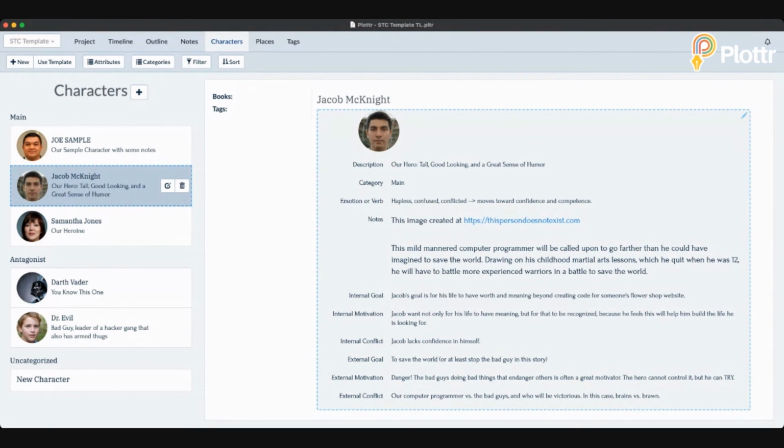For instance, we're going to move Jacob from hapless, confused, and conflicted towards confidence and competence by the end of the book, and we're going to do that through all the different micro goals that we're going to have in each individual scene. And those all speak to this main goal and this main character arc that we've set up